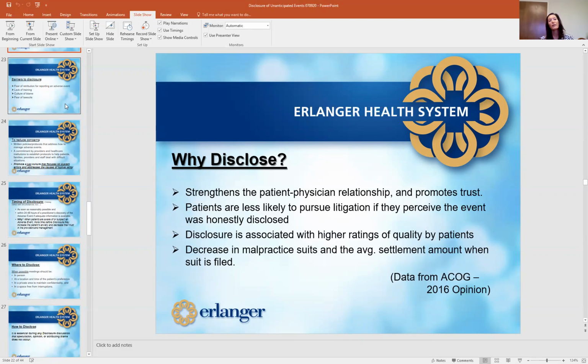Here at Erlanger, before we implemented early resolution, we had in the neighborhood of 80-ish active cases at one time. Those have fallen dramatically. And of course, the trend in malpractice cases, it can go up at times, it can go down at times. But right now, we're around 30. And we're technically in an uptrend right now in the industry. So that tells you the difference between not disclosing and not working with people early on to resolve disputes versus actually doing it, there's a large discrepancy there.